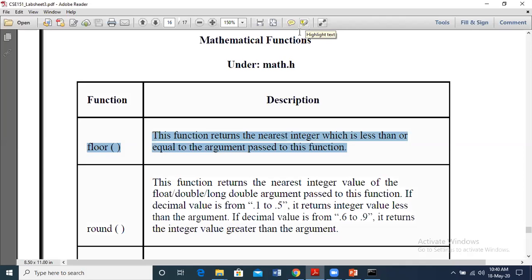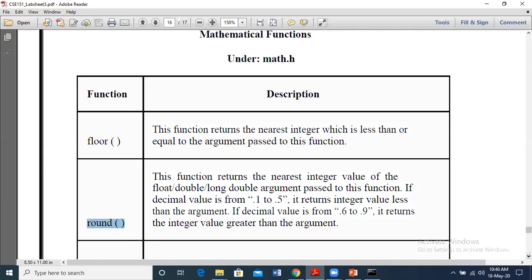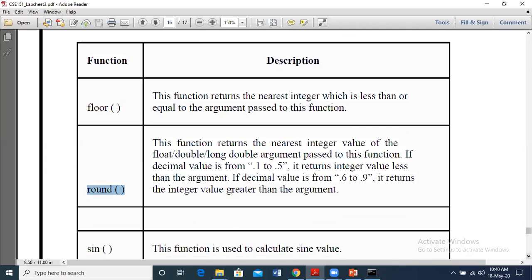Okay, next we have round. This is again a keyword. This is like the round off function as we use it in our programs or in daily mathematical use. For the nearest integer, if it is from 0.1 to less than 0.5, it will round to the lower value. If it is 0.5 or more, say 3.75, if we round it, we will get 4. 3.25, if we round, we will get 3. So that is the function round. It rounds like how we perform the normal round off.